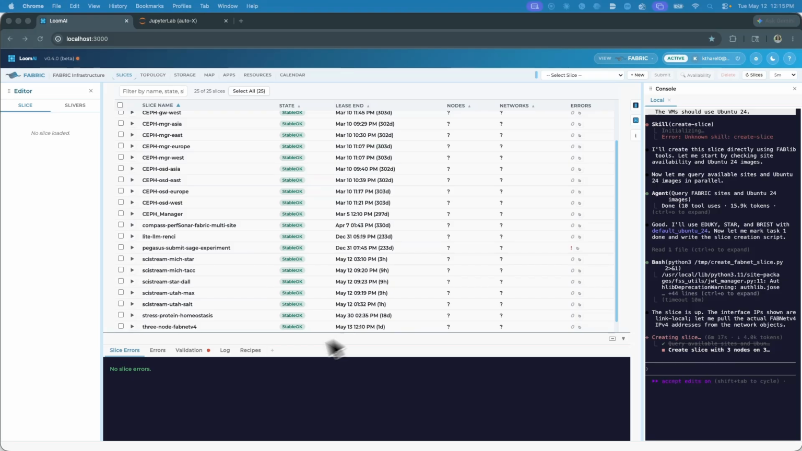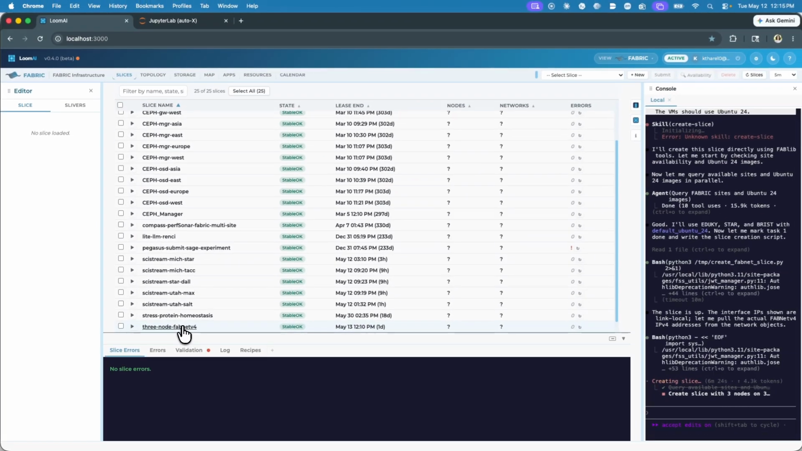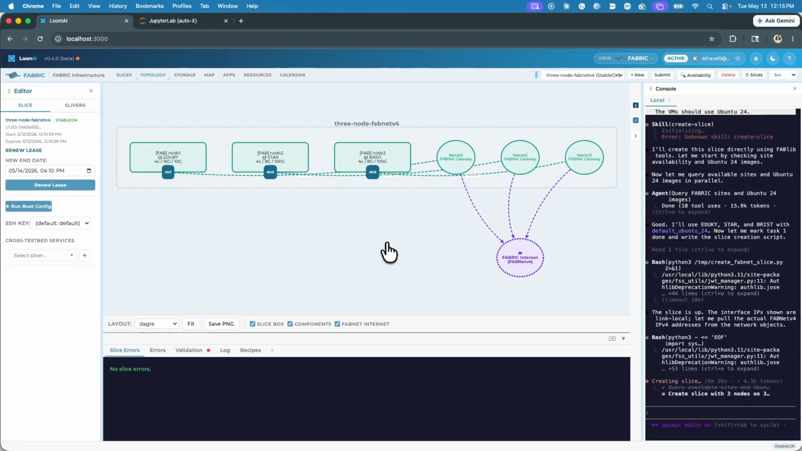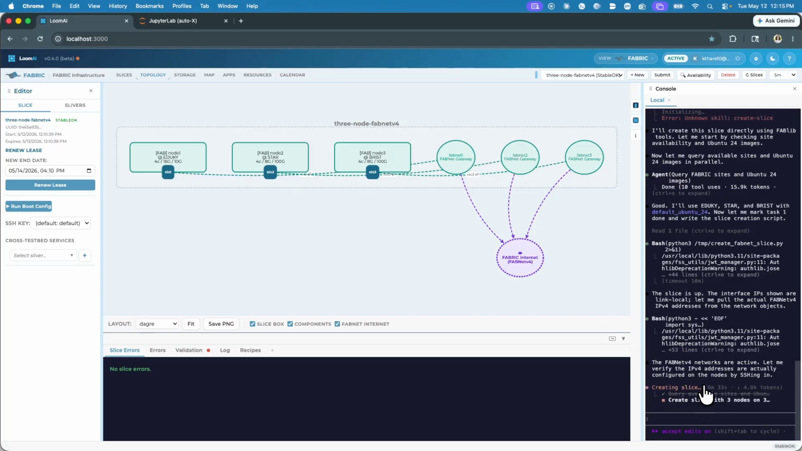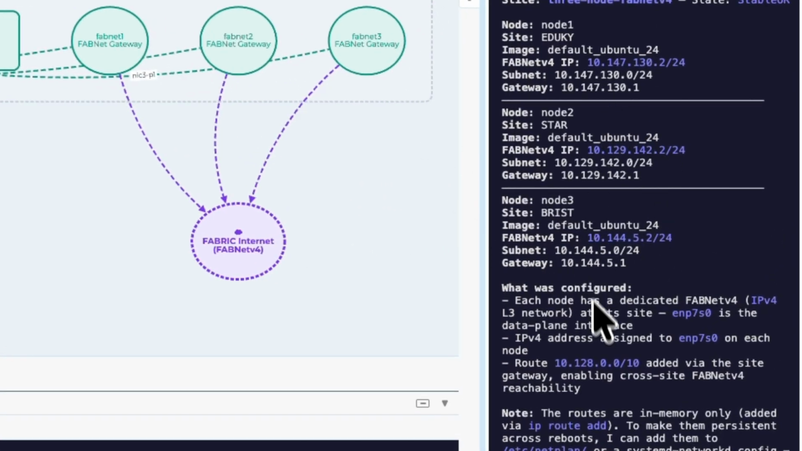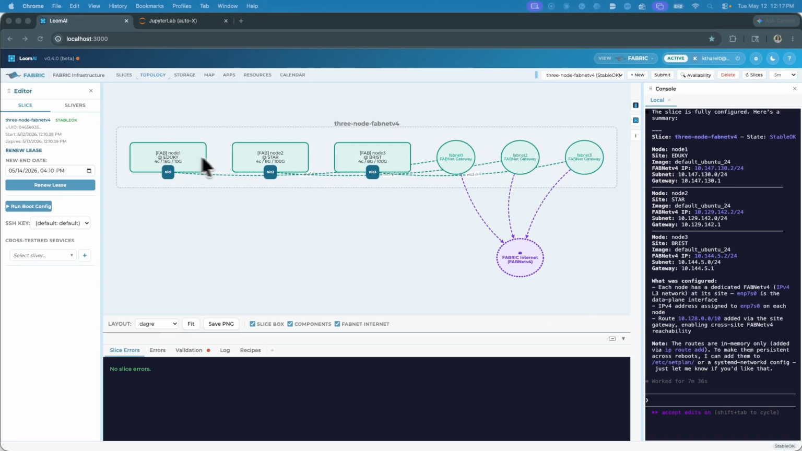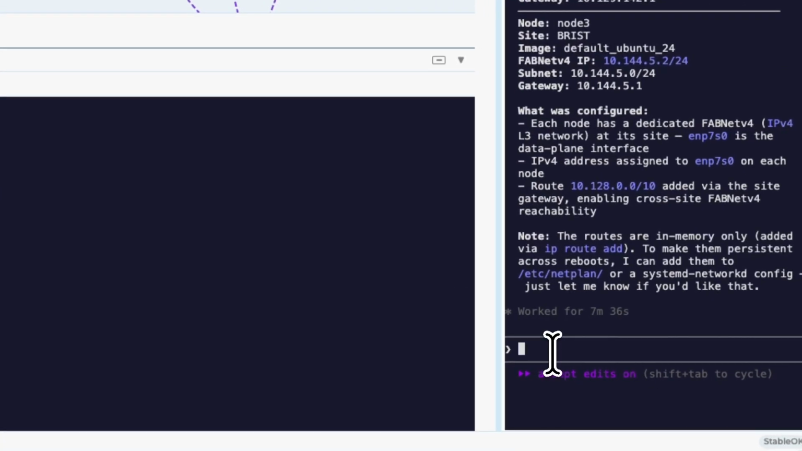As you can now see, the slice is up and running and it's in the Stable OK state. Let me go and check. Yeah, all the nodes look good, but I'll wait for Claude to tell me if it's ready for me to use. As you can see now, Claude thinks the slice is up, it is fully configured, and it is providing me the summary of the slice, and I can see that all the virtual machines are up. I'm going to ask Claude,